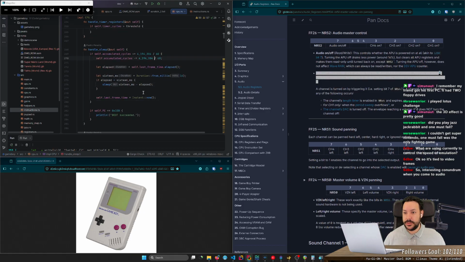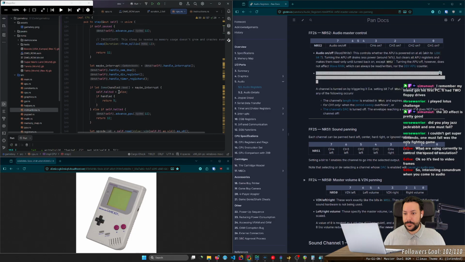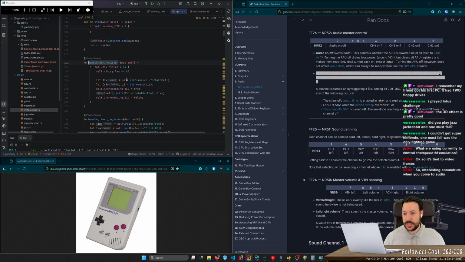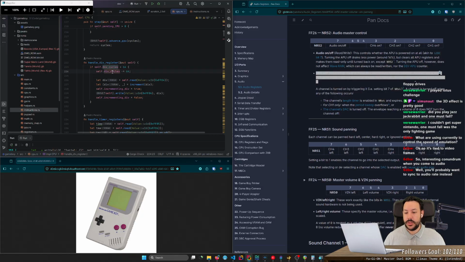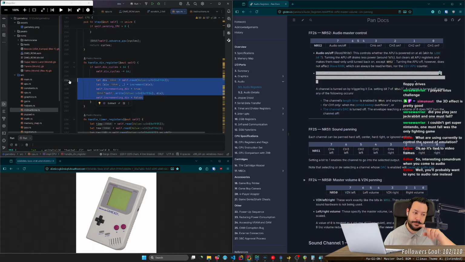The audio is guided by the DIV register, which is like a divider register, essentially a global counter. Whenever I run 64 fake CPU cycles, or whenever I run 64 Game Boy instructions, I need to tick the audio processing unit once.